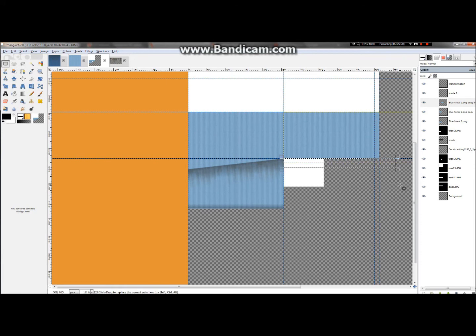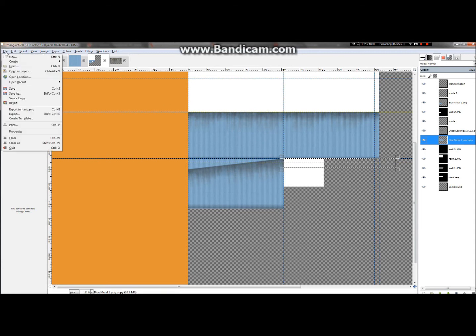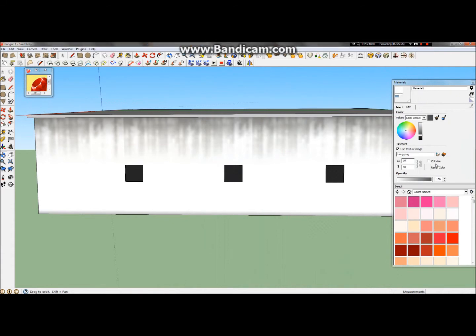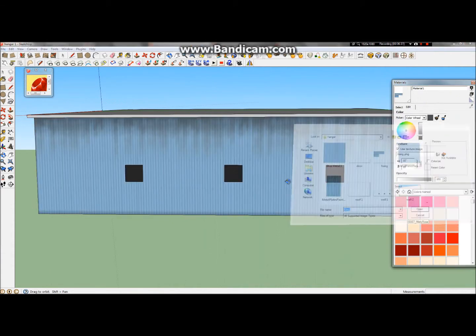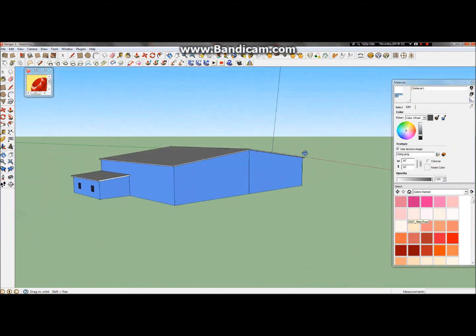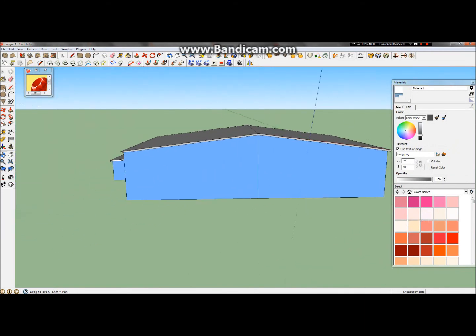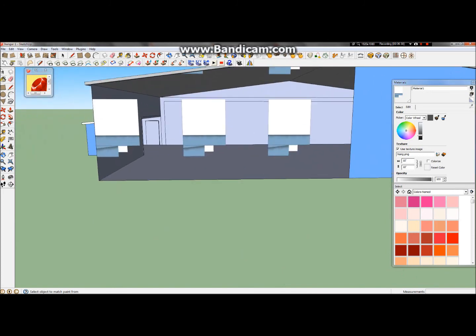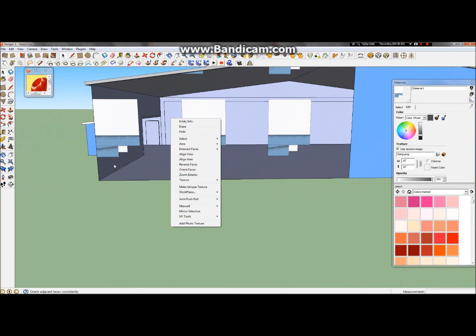I just need to delete that, merge this down, and move this below my decals and shading for that part of the texture. So I'm going to just go ahead and re-export this again and load the texture. Alright, that fixed that. So now I'm going to go over here. I have that texture selected. I'm just going to fill this, and now I'm going to select the